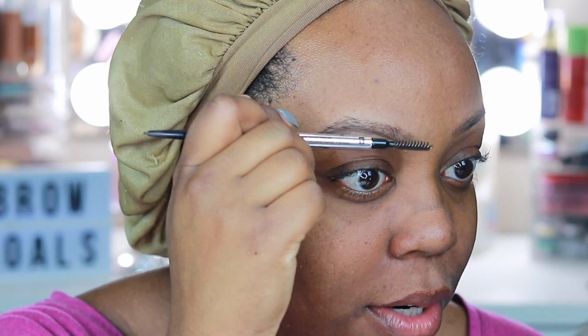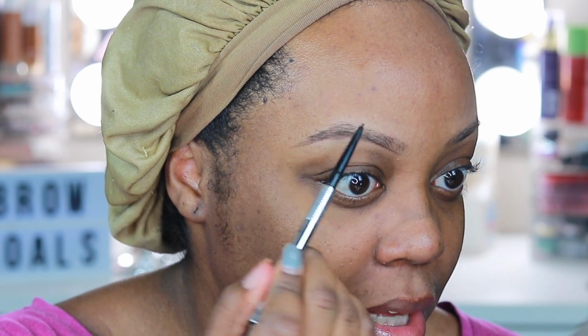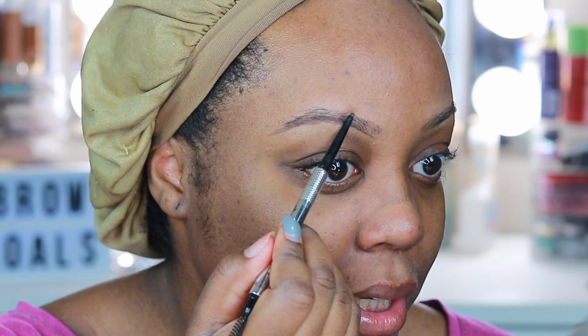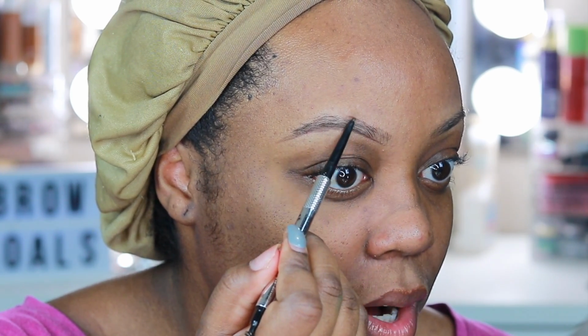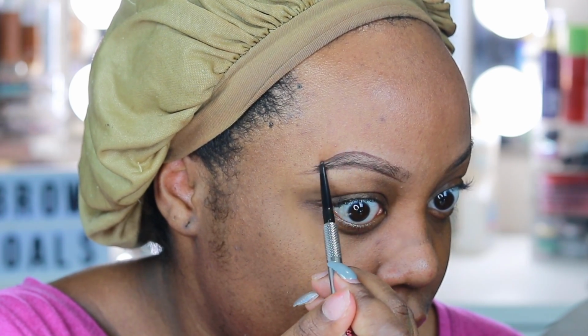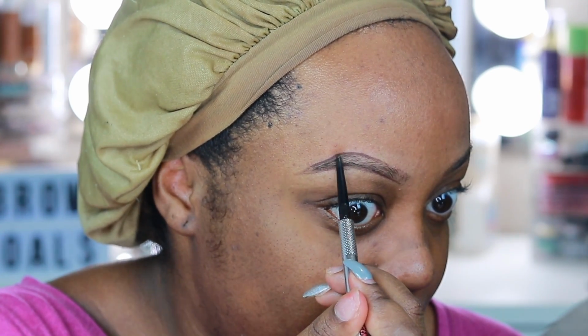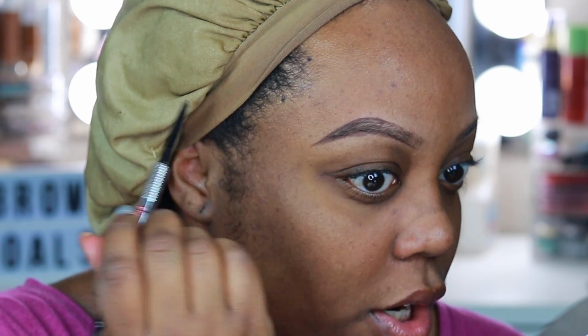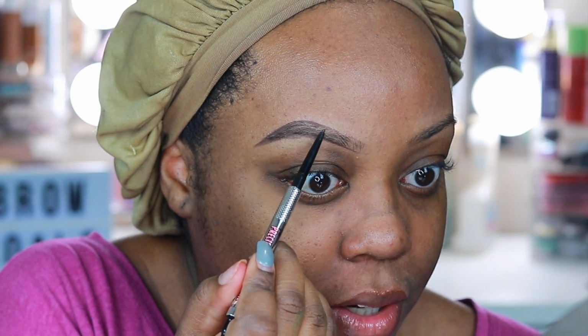So now that we have brushed it upwards, I'm just going to brush it over so that way it's not standing up. And then I'm going to start right about here. So I start here at the bottom and about here at the front. I just don't want the front of my brow to be too bulky or boxy. That's my biggest fear with eyebrows, is making them boxy. You don't want to do that. So I am going to just drag it down. And my pressure is semi-hard on the outer edge because I want the outer edge to be dark. So I apply quite a bit of pressure on the outer edge,